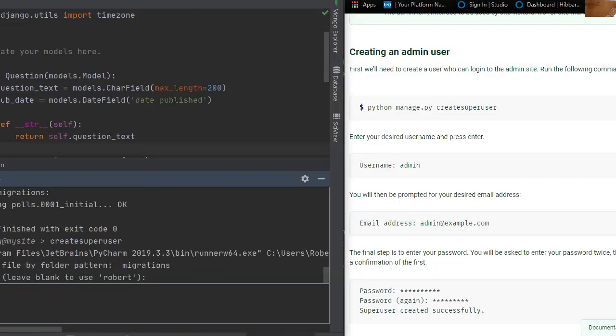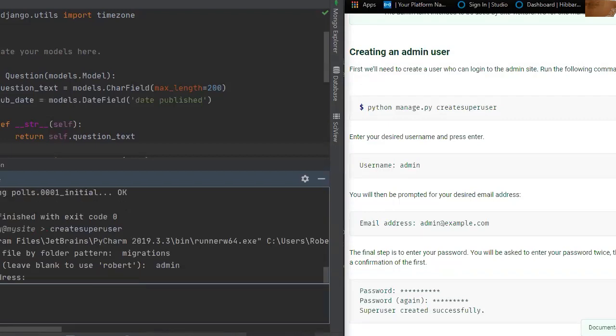A lot of times if you have your username that you already have from your computer, it's going to say, hey, do you want to use this? Leave blank to use it. Yes, I'm going to go ahead and use that. But this is saying use admin. So we're going to go ahead and type in admin. And then we're going to enter. It's going to say, now type in an admin address. And we can do whatever we want. Really, it doesn't matter. You can type in your address if you want, but we'll do the same as what they have,